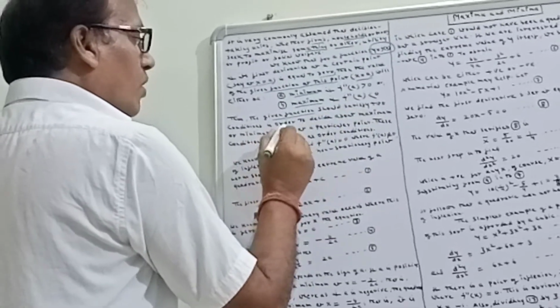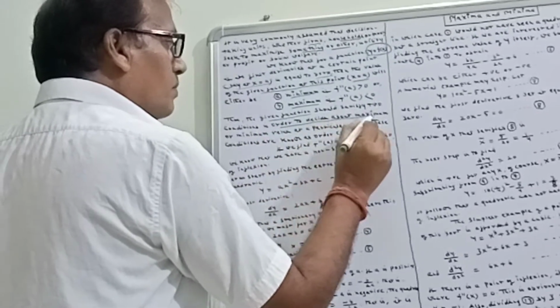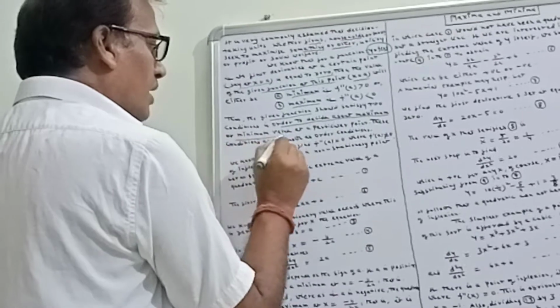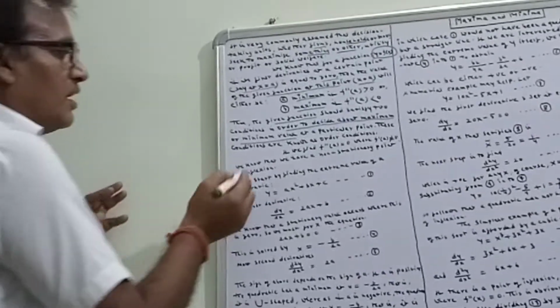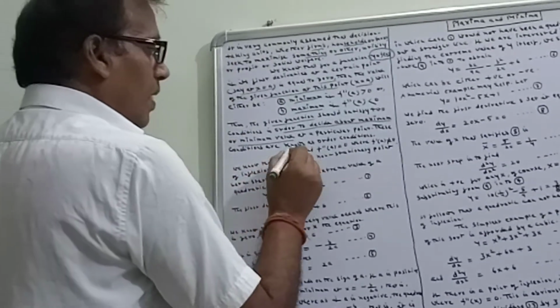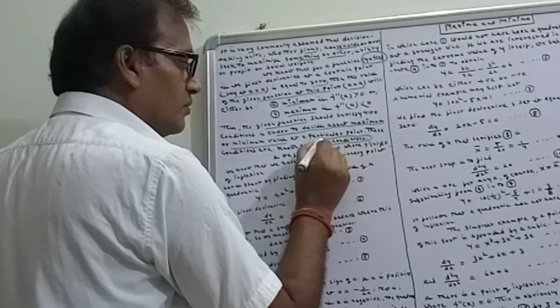Two conditions in order to decide about maximum or minimum value at a particular point, and these conditions are known as order condition. इसे order condition कहते हैं।